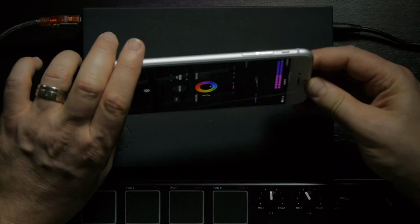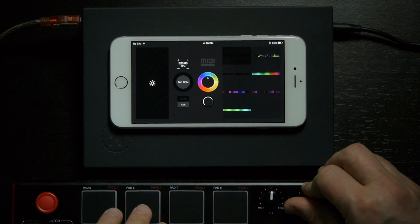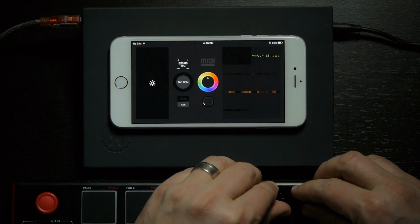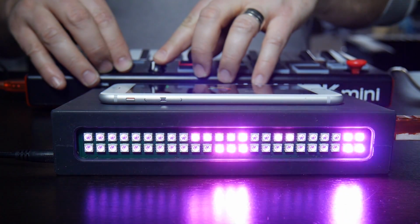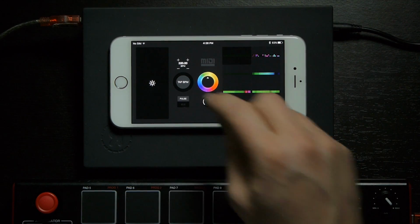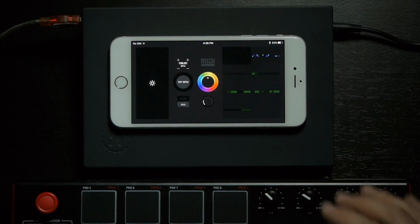So now I can change the patterns, I can change the colors and spectrum, pulse the beat, and of course I can tap tempo. So if we throw some music on,